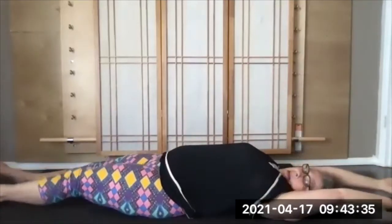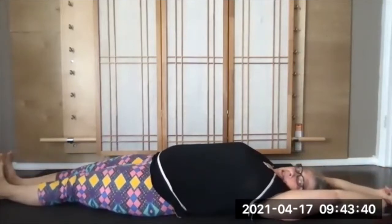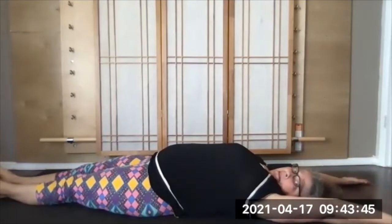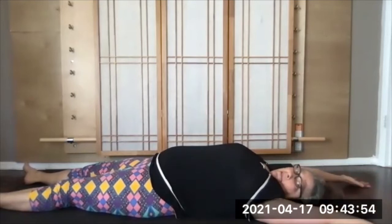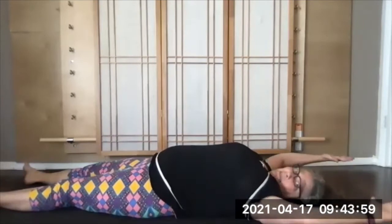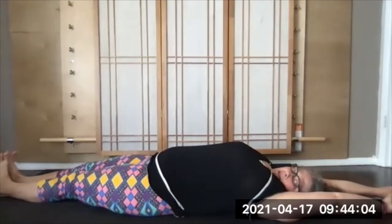Take the arms overhead, interlace your fingers if you can, and stretch. If you can't get the hands together on the floor behind you, then think of opening them up to a V, or even bending at the elbows for what I call cactus arms. For us in Southern California, we know what that means, like the Joshua tree cactus, just little bent elbows, right? And then take a stretch from wherever you're at, arms go back, legs go down,